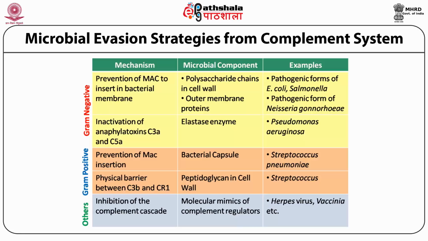and C5a. The pathogenic forms of E. coli, Salmonella, Neisseria, and Pseudomonas are the common examples. Among gram-positive bacteria, the presence of bacterial capsule and peptidoglycan in the cell wall prevents the MAC insertion and acts as a physical barrier between C3b and CR1. The Streptococcus are common examples among these categories. Among other mechanisms, inhibition of the complement cascade because of molecular mimics of complement regulators is commonly found in herpes and